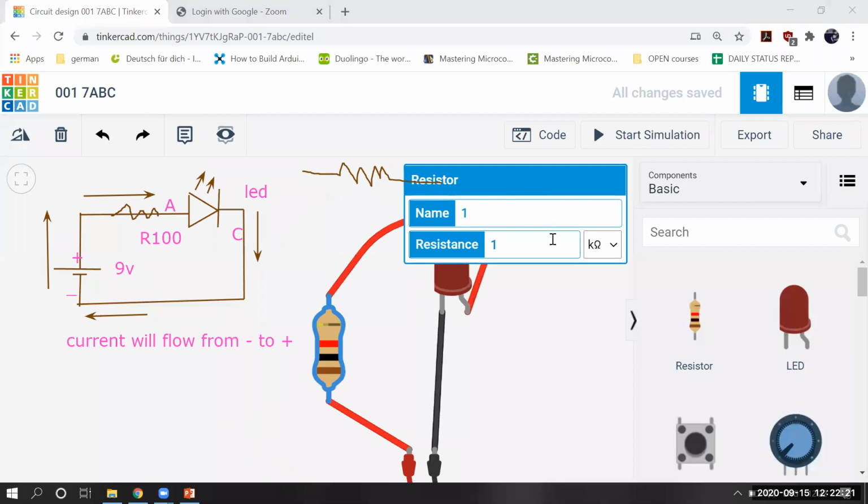Now we can also change the value of this resistance. This value of the resistor can be changed. There are many options, but we just stick to ohms. If I put 100 ohm, you can see the strips of color on this resistor are changing, right? When I'm getting 1000, you can see the colors are changing. The meaning of the colors is that every color is a number code. Every color contains some number, so that we can look at the resistor colors and tell what the value of that particular resistor is. So suppose I'm giving 100 ohms.